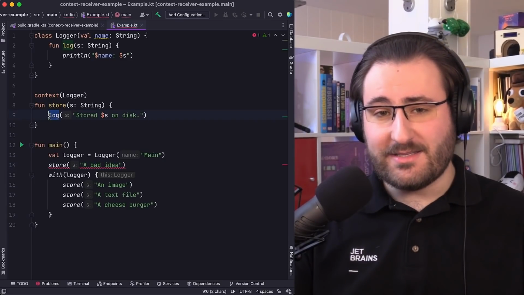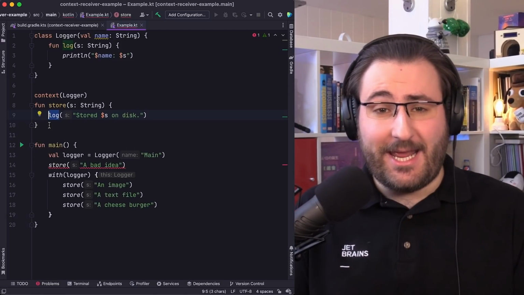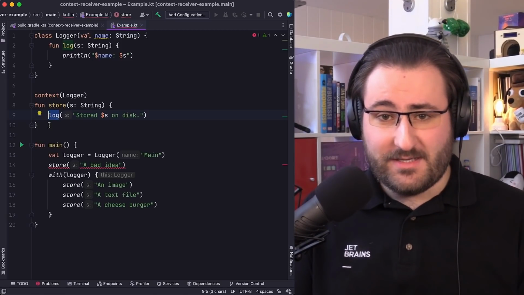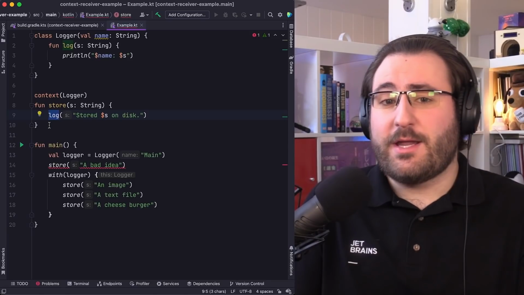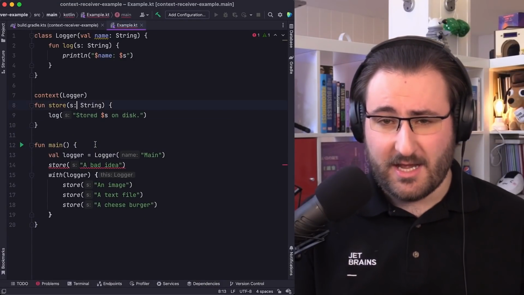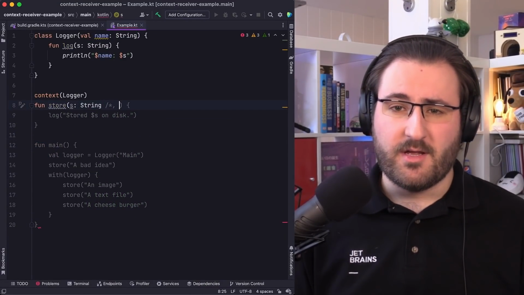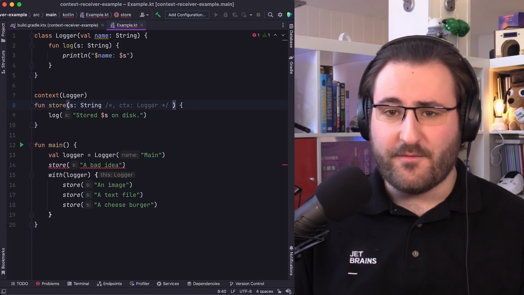And when you think about it, that does make sense. We call log in our function body. And for that, we clearly need a logger object. If the scope doesn't provide a logger, how exactly is the function expected to call log? That's why we need to bring a logger into scope before we call the function. If this still feels like an extension function with a twist to you, you're not far off. When you look at an extension function under the hood, it just gets its receiver as an extra parameter. When you're using a context, your function also just gets it as an extra parameter. So you could think of our store function as having an additional anonymous parameter of type logger.